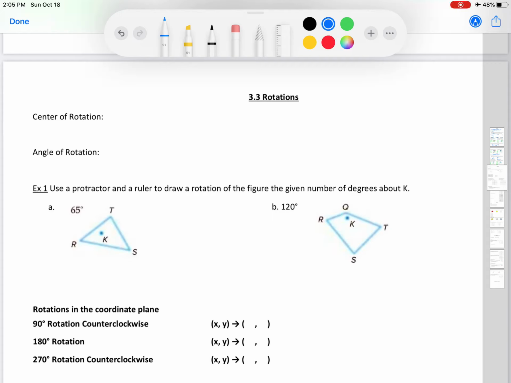Hi everyone, so today we're going to go ahead and continue with our chapter 3 notes. And today we're going to start by talking about rotations. So when we talk about rotations as a transformation, we also have to talk about the center of rotation. And the center of rotation is a point